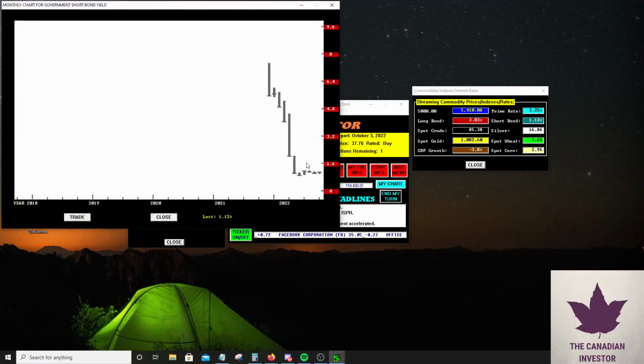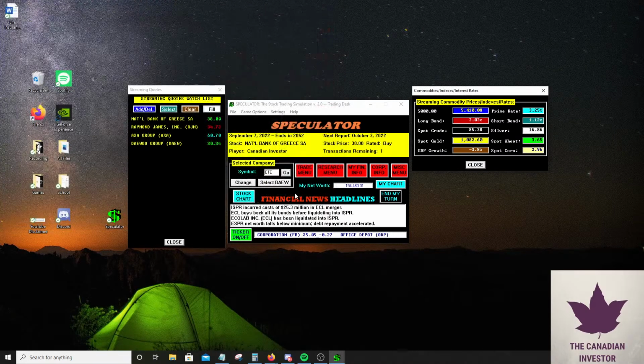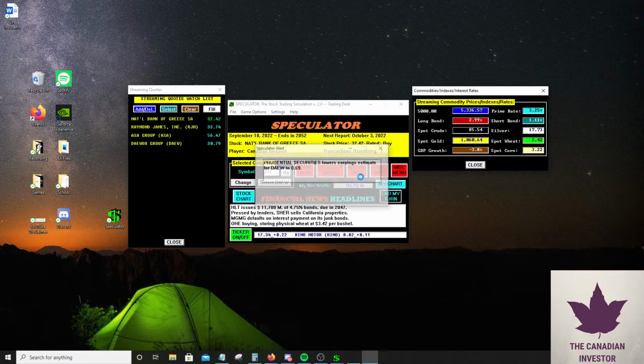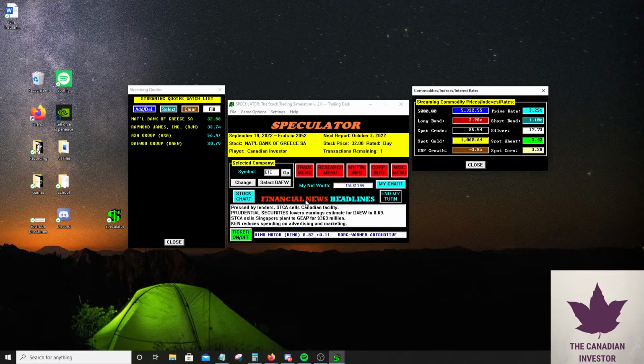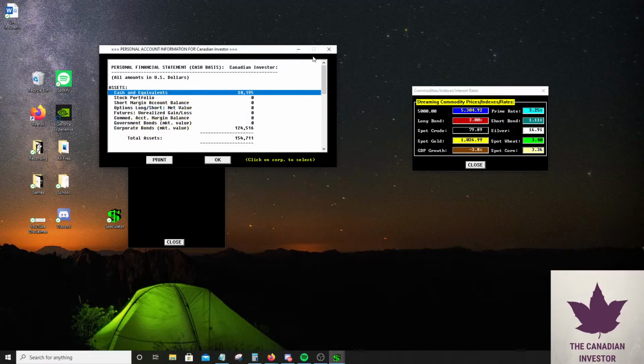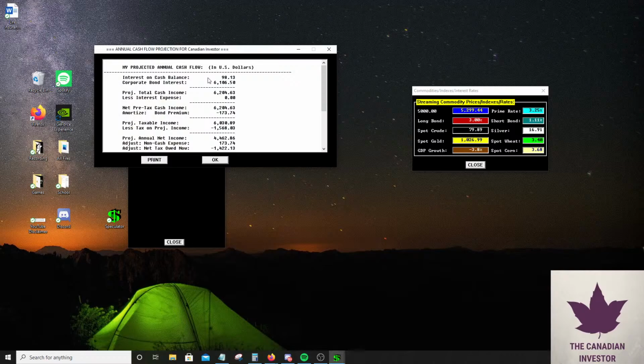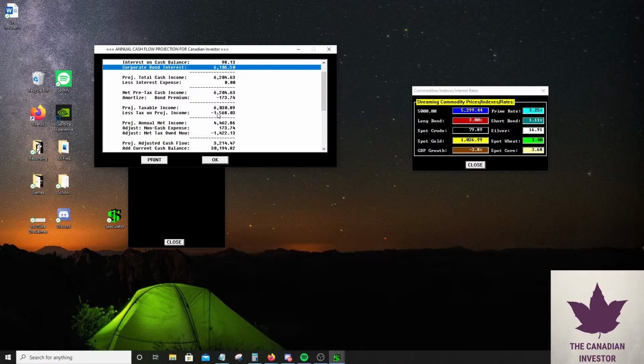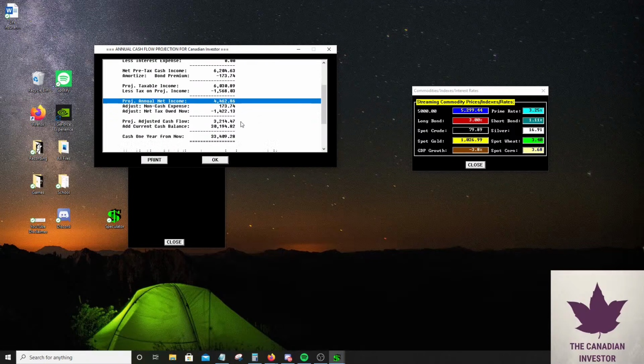So right now we can see that interest rates are kind of flatlining. They're not going down anymore, so they're pretty likely to go back up. So I'm not hyped that I locked in a lot of my money into longer-term bonds right now. We're still going to just keep that. We're just going to start building up our cash right now. So we're seeing about $6,000 a year in cash. About $4,000 of that will be after-tax income. So that's not all that bad.